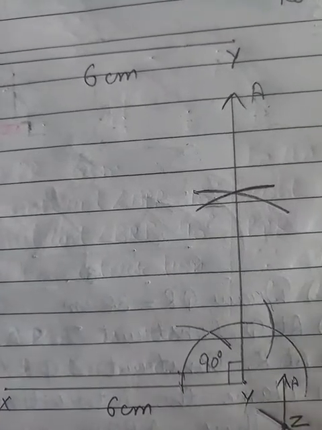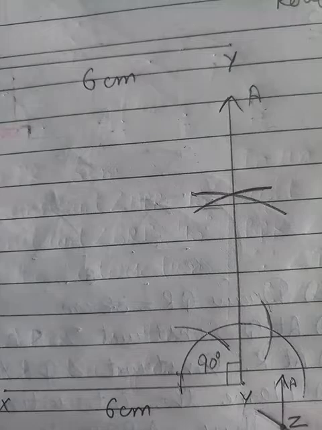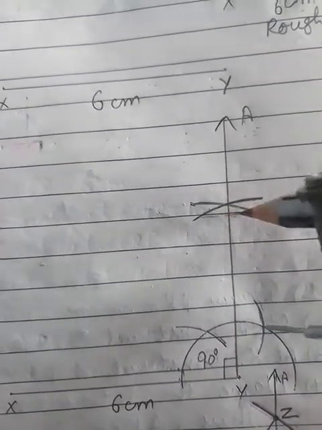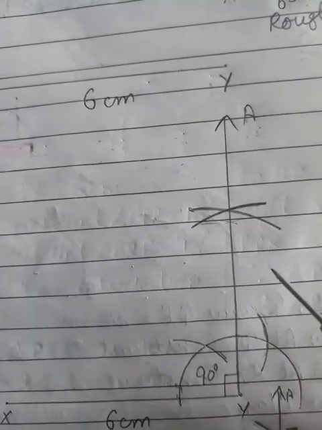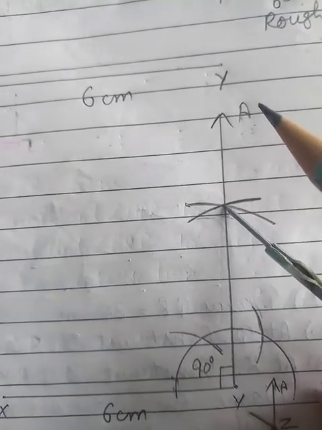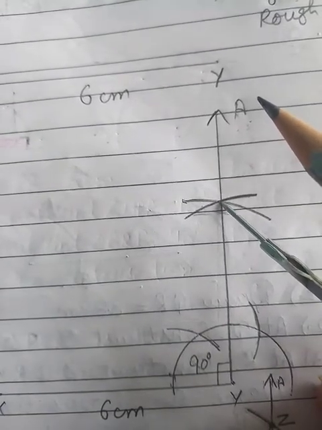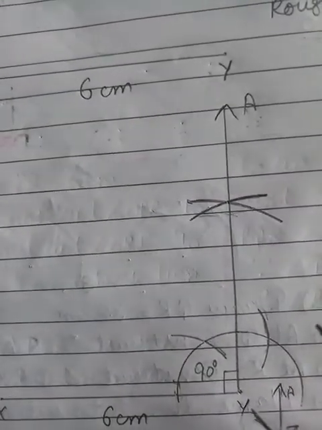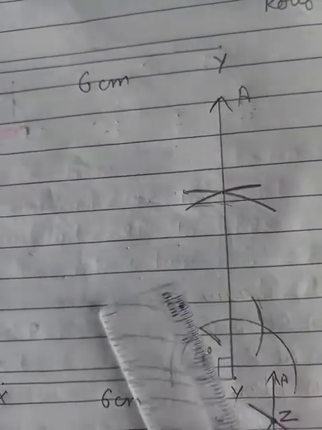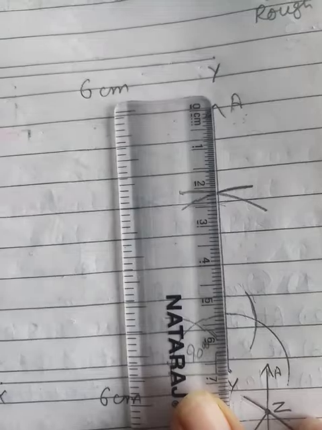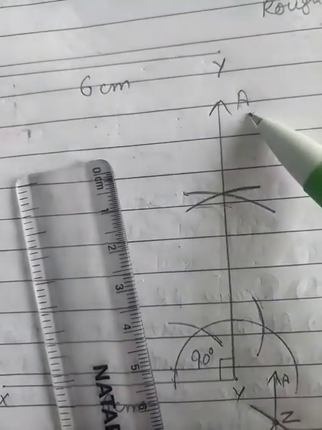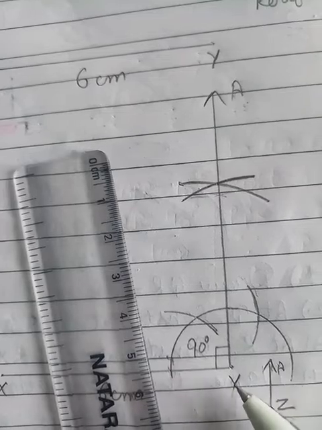So we will draw the bisector of the 120-degree angle here. From this point we will mark an arc. From this other point we will intersect the same arc. Clear? And we will get an angle of 90-degree where the two arcs are intersecting. Here the two arcs are intersecting. So passing through this intersection point, we will draw a straight line till point Y. And the name we will give here is A. So the line segment which we have made now is AY.